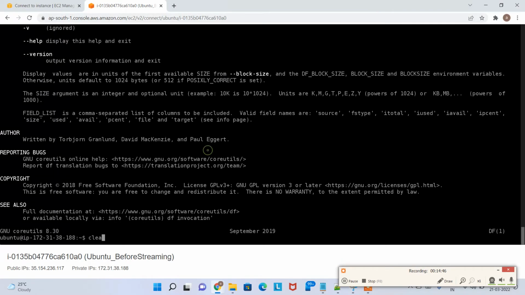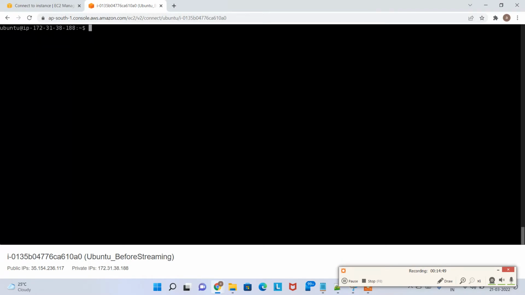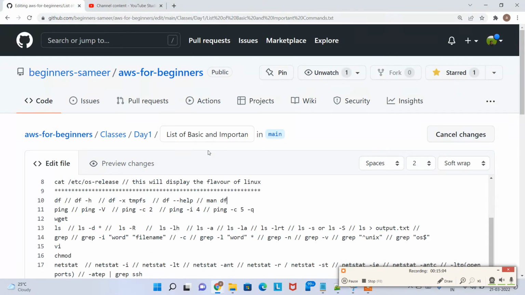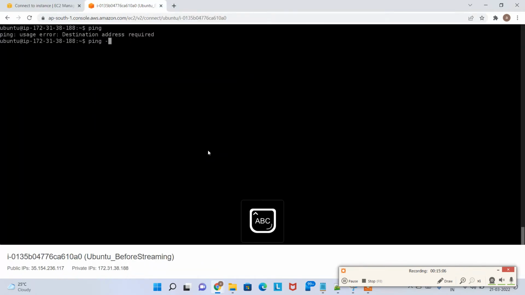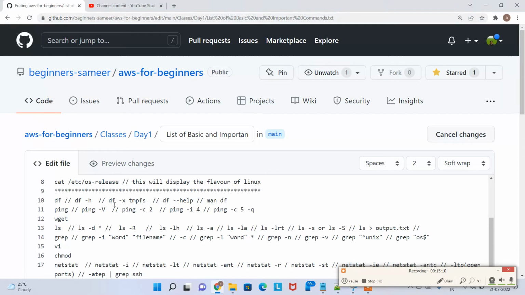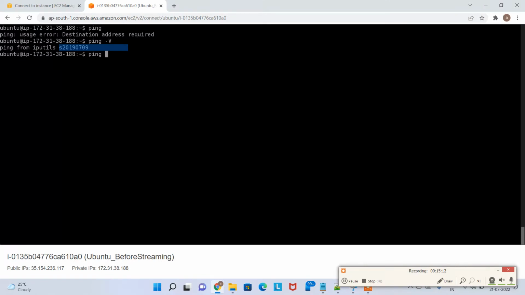Perfect. Now disk free space we completed. Now I want to tell you something. Ping. Ping is very useful for your day-to-day operation to check whether any site or any resource is responding or not. The first thing is, if you want to check the version of ping, use ping -V capital. And the next one is, for example, let me do it one minute. Yeah, ping